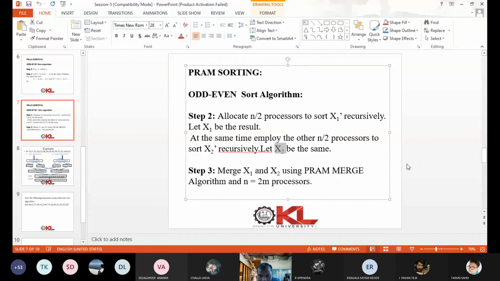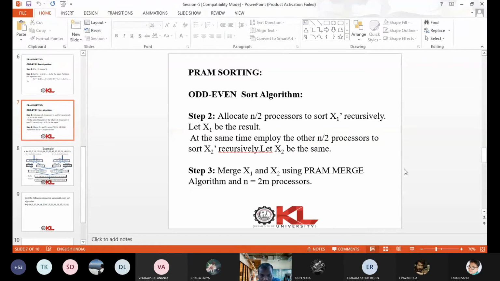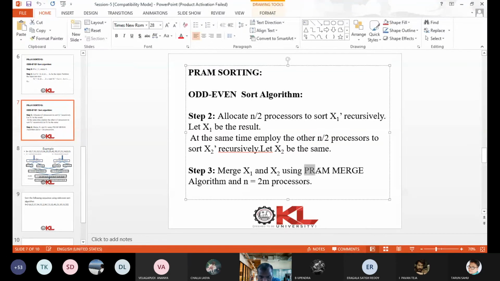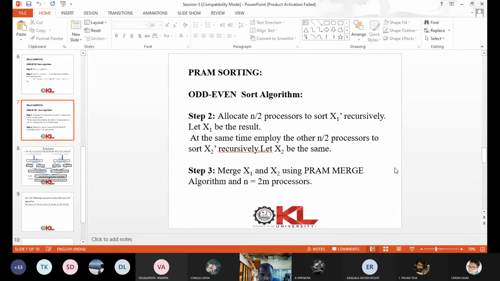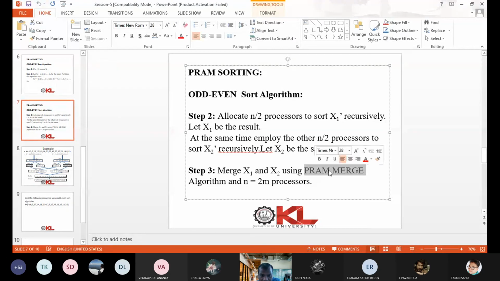Now what next? We have to apply PRAM merge algorithm on these 2 sorted lists, X1 and X2. This PRAM merge algorithm we have already seen in the previous session, right? Earlier we have seen how this PRAM merge will work. So by using that one, we have to merge these X1 and X2.